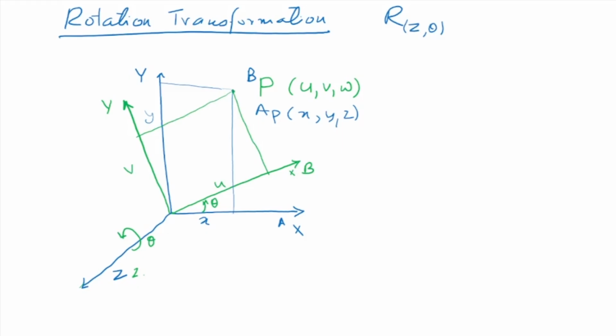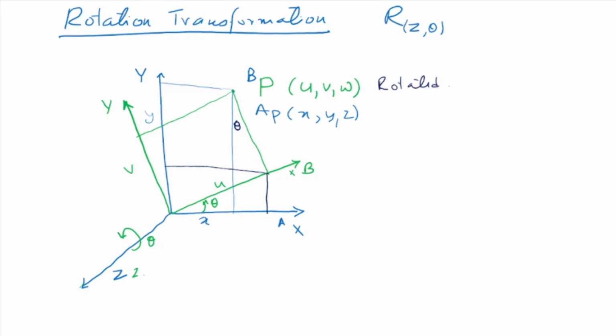Okay, now let's do a very small construction, and this very small construction is shown here. Let me draw the line here and bring it down here. Now this angle is also theta. This angle is also theta. So this is also theta. Now we want to geometrically find the relation between xyz and UVW. UVW is the coordinate of the point in the rotated system. So this is in the rotated frame. I want to find what xyz is in terms of UVW.